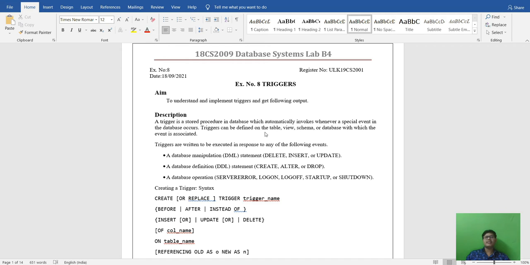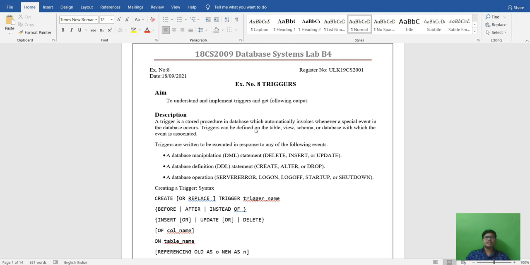It can be defined in the table, and also in views and schemas, which are logical representations, and in databases. It can be executed on DML commands, that is data manipulation language, on DDL, that is data definition language, and on database operations such as server error, login, logoff, startup and shutdown.